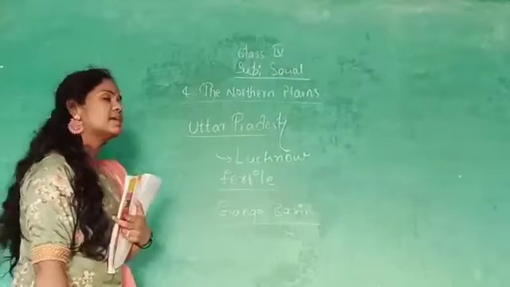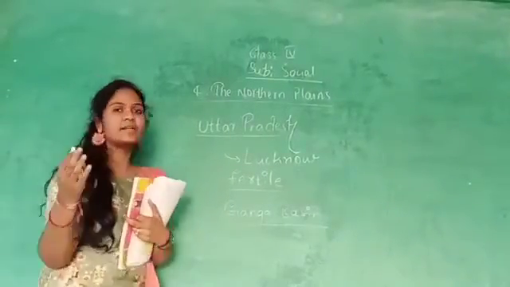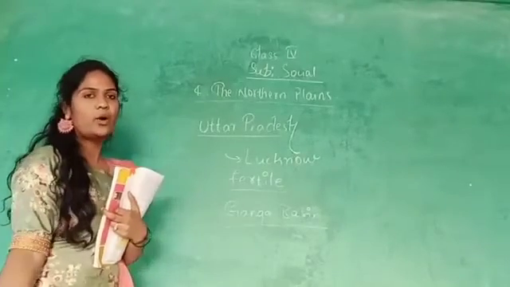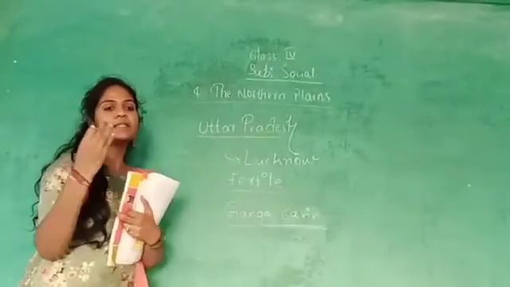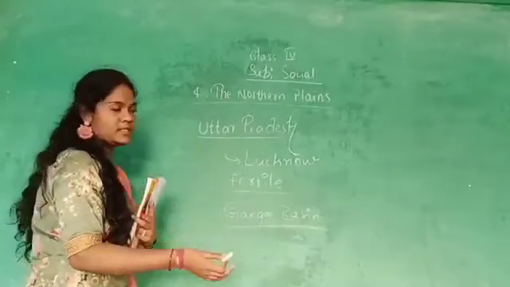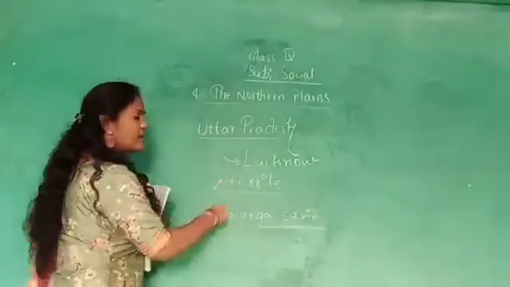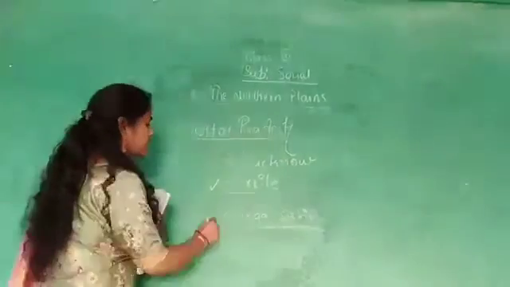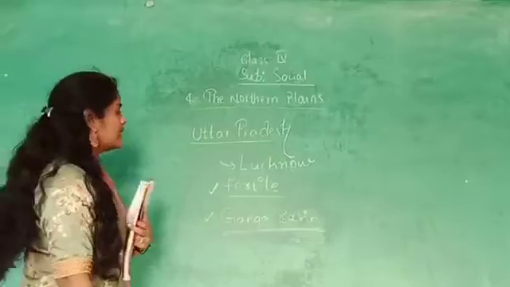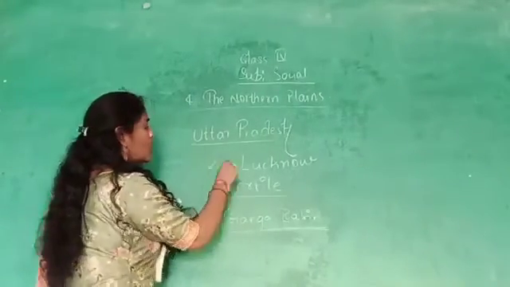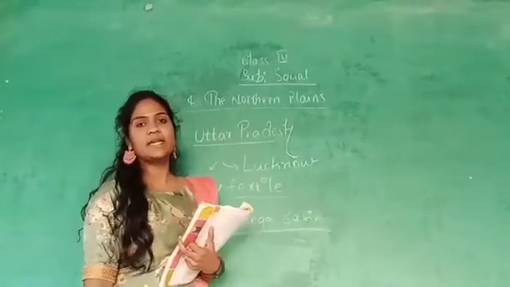What is meant by fertile land? It means the land is very suitable for growing crops. Why? Because the Ganga river while flowing brings silt from the Himalayas. That silt settles on the land, and that's why the land becomes very fertile. So in Uttar Pradesh the land is very fertile because it is situated in the Ganga basin. And the capital of Uttar Pradesh is Lucknow. Leather, metal and textiles are some of the major industries.